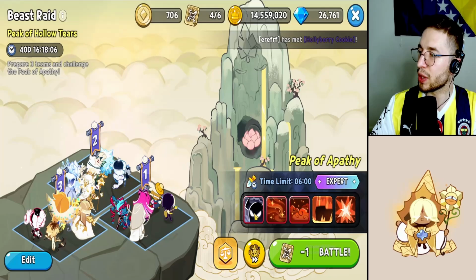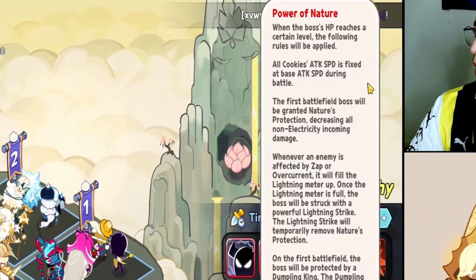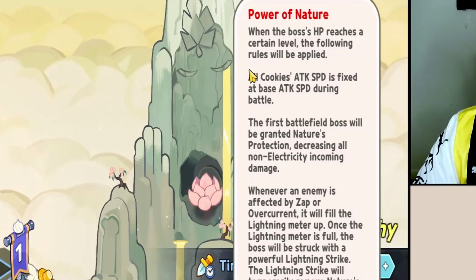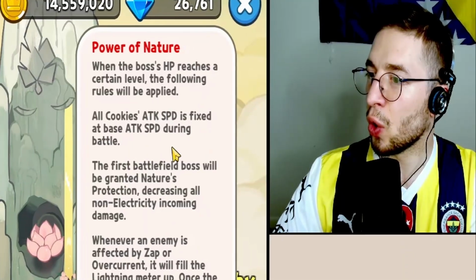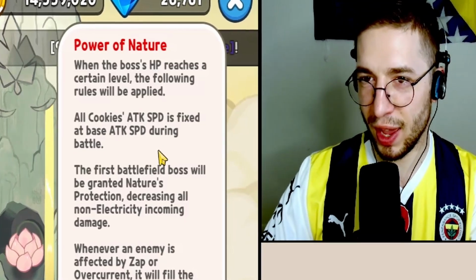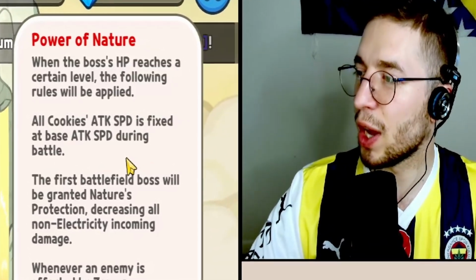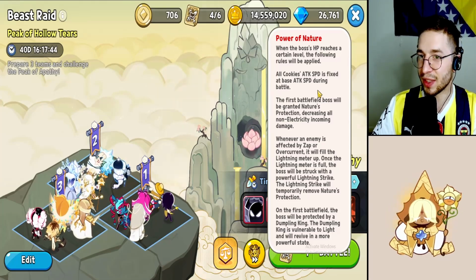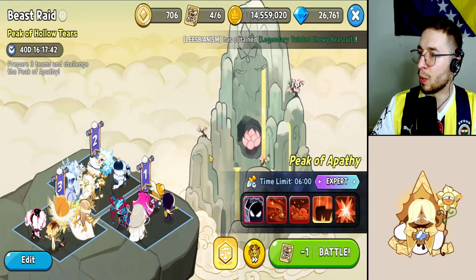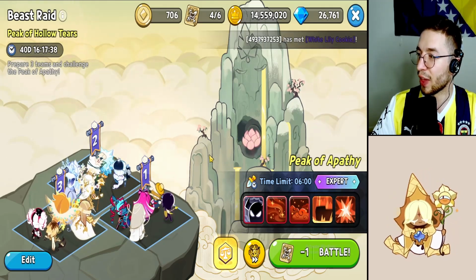So one important thing to note before we get into the battle itself is this first battleground stage. As you guys can see, attack speed is basically null and void for the first stage. So you may have tried to run a Creme Brulee and Twizzly comp because that usually just destroys every boss that you come across. But because of this first battleground, it really just negates that. So that's why when I made this team, I made sure to not rely on that